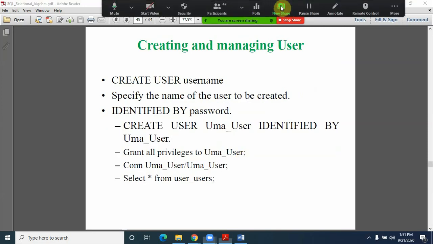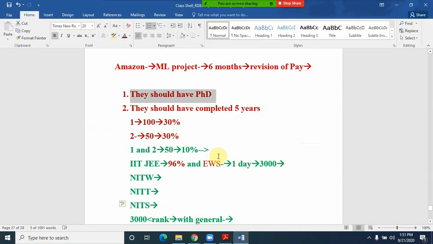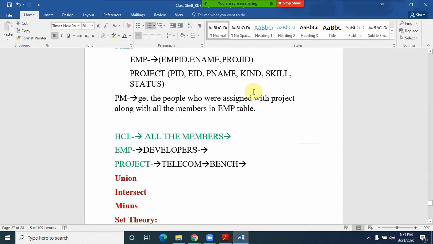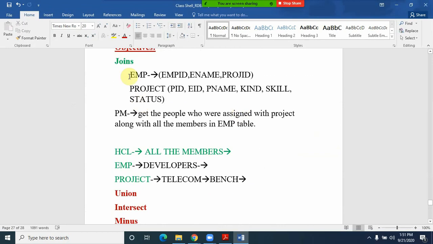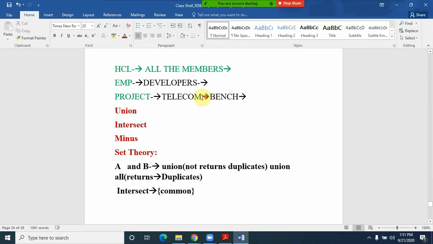Let me recap and summarize the class we have done today. We started with the discussion of joins. In joins, we have seen inner join, left outer join, right outer join, and full outer join, and there we have seen certain examples.